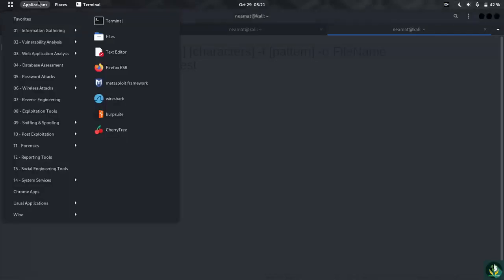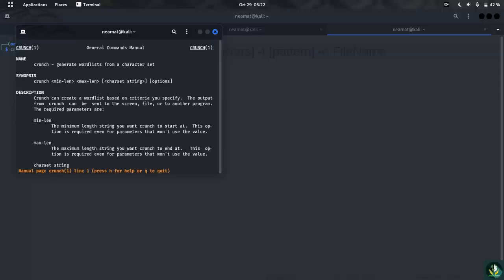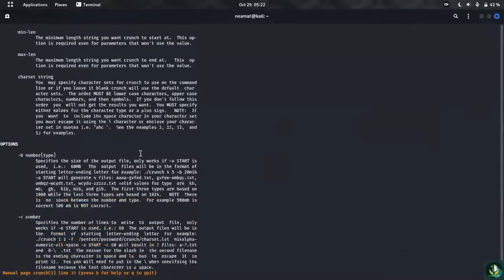I think I have seen it somewhere in here. The crunch, it was about wireless attack, nope, password attack. Okay, that is here, the crunch. When we hit crunch, it tells me that it is version 3.6, and if I use man, then crunch,